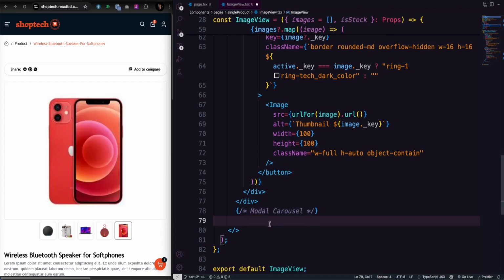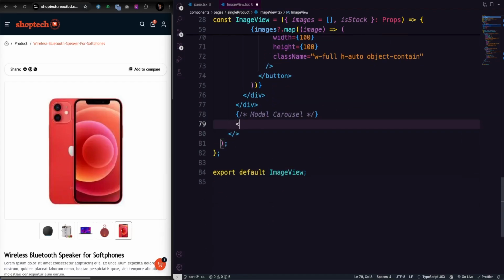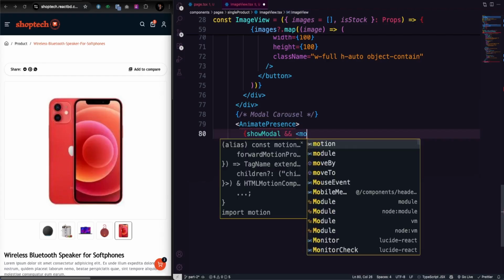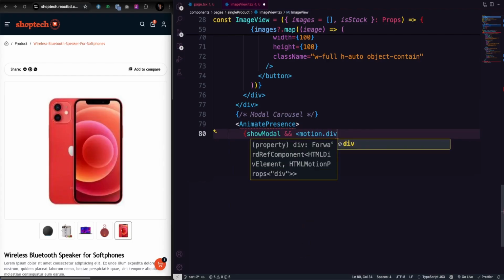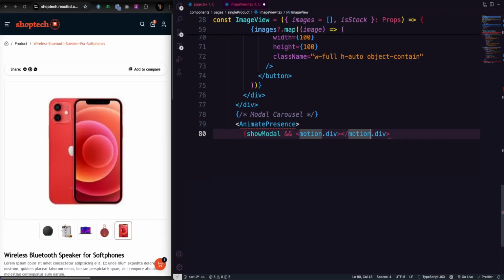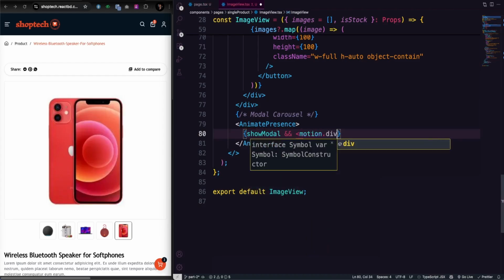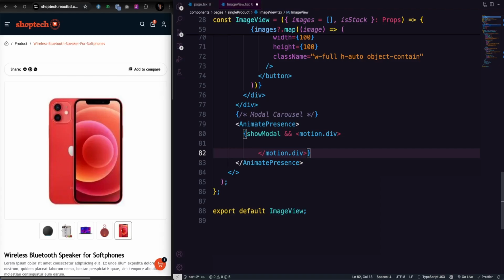Okay, so in the modal carousel, we're just going to pass an AnimatePresence, and over here we're going to pass that if show modal is true, only then is it going to render a motion.div. I think I'm missing something. Okay, I got a hint. So like that, and here we pass that motion.div, and inside the motion.div we're going to have another motion.div,